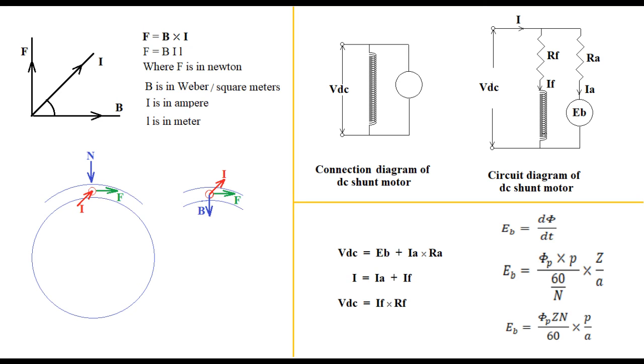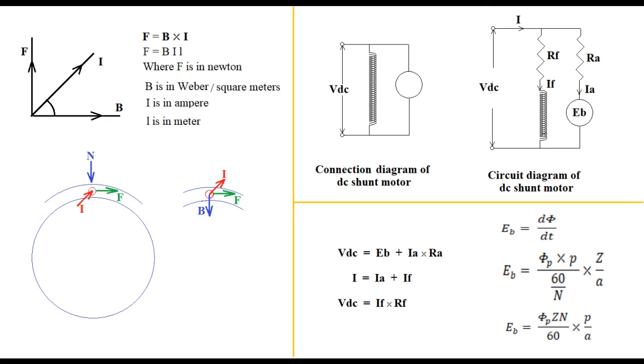At this point, we will have a few equations that represent the DC shunt motor. These three equations result from voltage division in the armature path, current division into parallel paths, and Ohm's law applied to the field path. These equations are shown on the slide. The back EMF that is induced in any one of the parallel paths of the armature windings may be derived. Note that the armature winding is a closed circuit path and brushes rested on the commutator surface create two or more parallel paths.